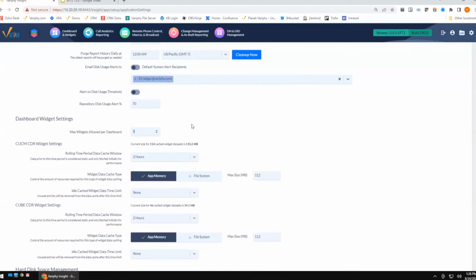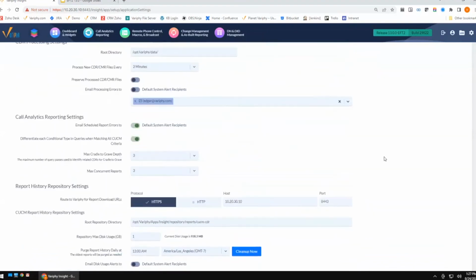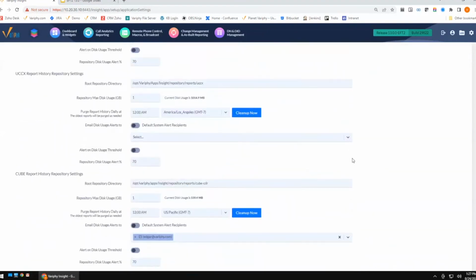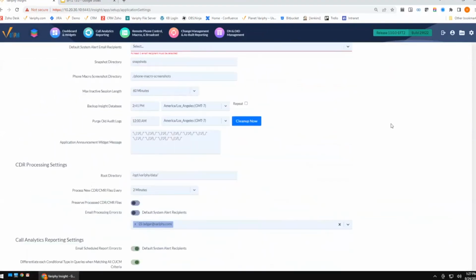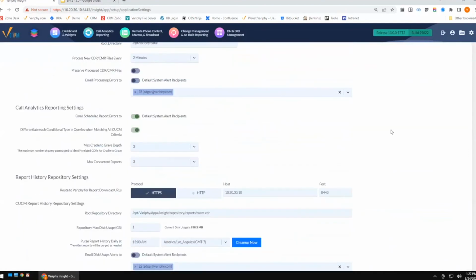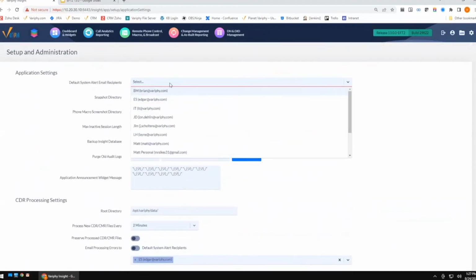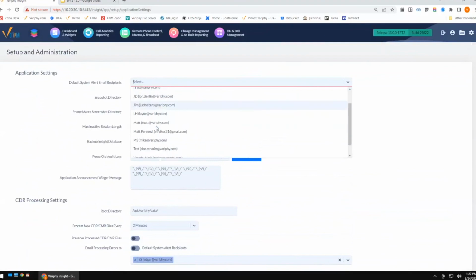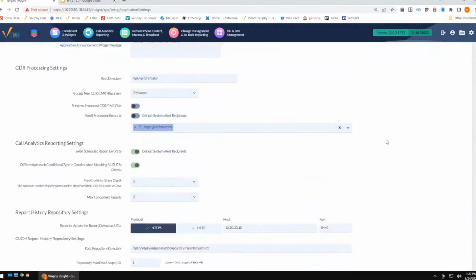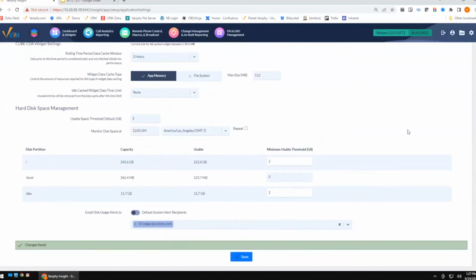I'm going to crank this down to 3, and we're going to give it a quick save. Let me make sure I remove Edgar out of here, and I removed Brian out of there. I did. So now we're just going to give this a save, and we're going to pop back over. It's yelling at me about something here. Oh, now it's going to make me pick somebody. Let's go ahead and pick Matt. There we go. Now we're going to give that a save.